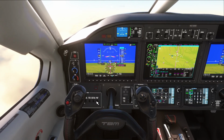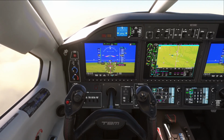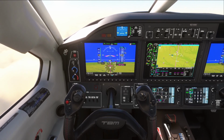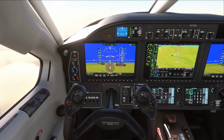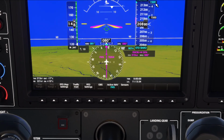TBM 1 Mike Whiskey, climb to flight level 290. Climb to flight level 290, TBM 1 Mike Whiskey. Our last step. Climb 290, that's entered in onto our...